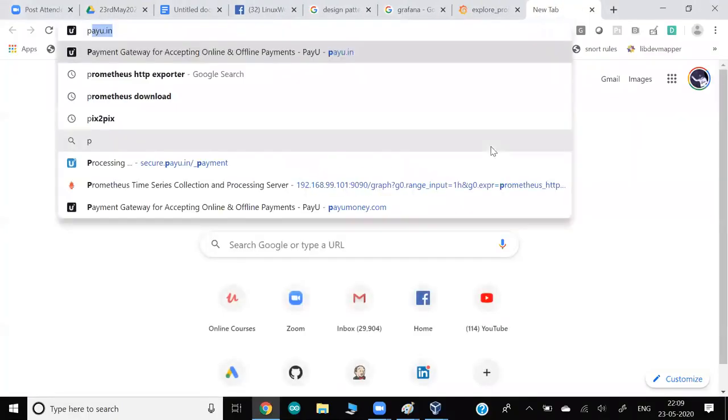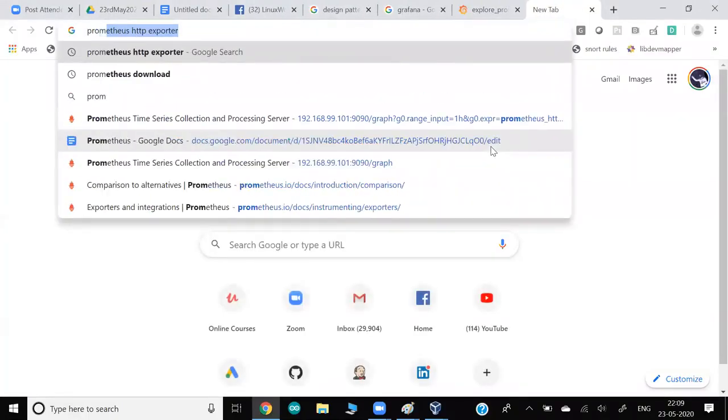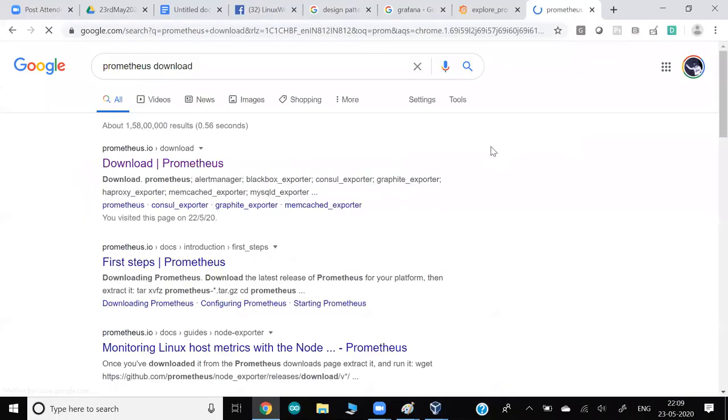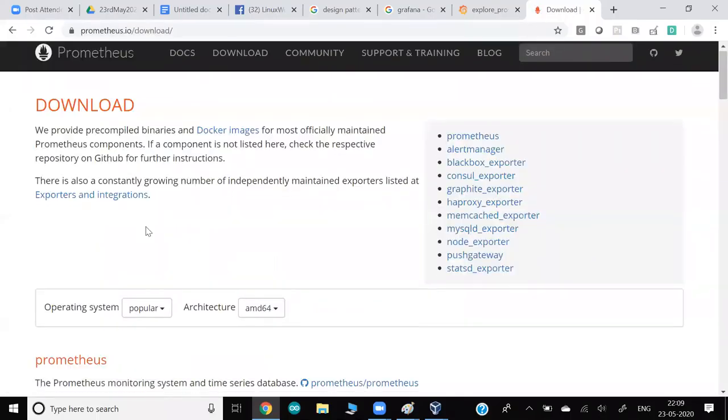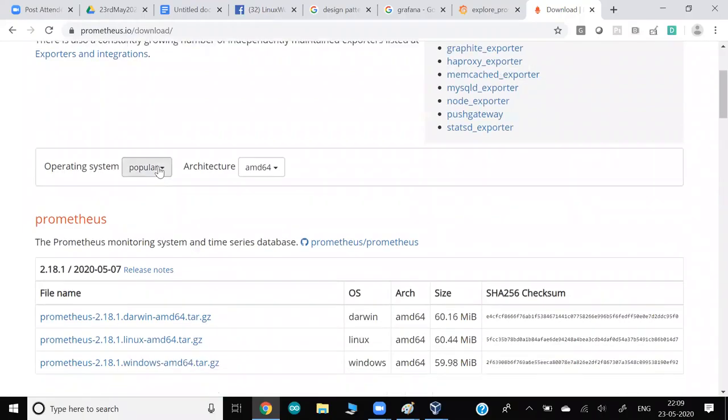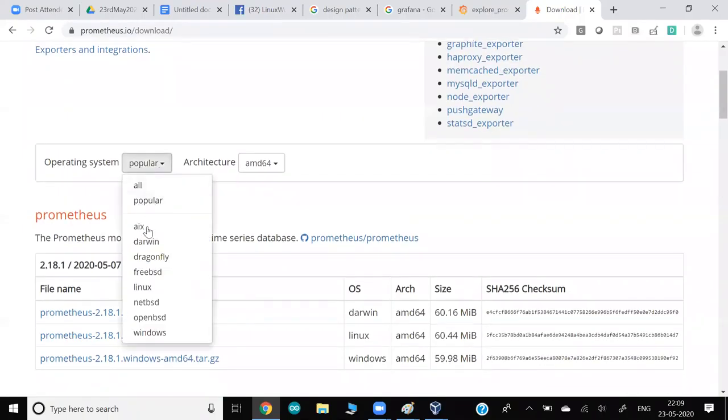If you search for Prometheus download, the first link you'll get is from the Prometheus site. From here you can download for whichever operating system you would like. These are the OSes they support: Windows, Linux, Mac, and AIX also. I'm looking for Linux.